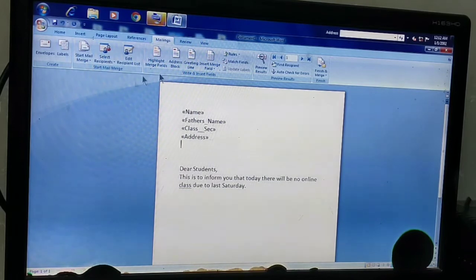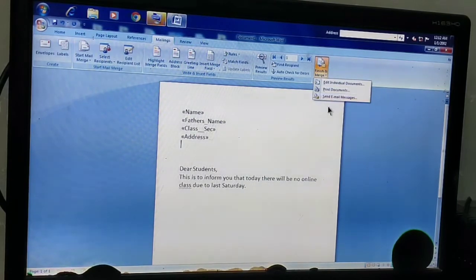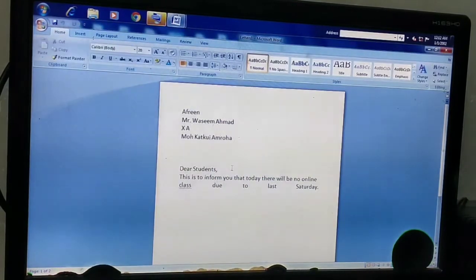So after this, now I have to click on the option Finish & Merge. Then you can click on Print Documents to directly take a printout. Otherwise you can click on Edit Individual Documents. Here you have to select All. Okay.